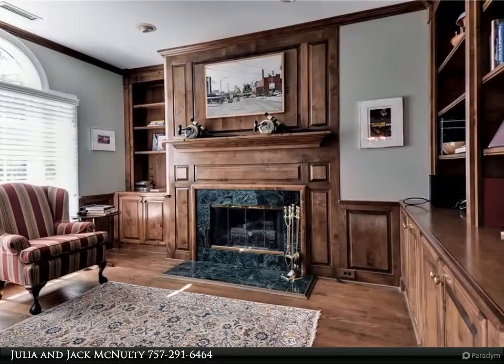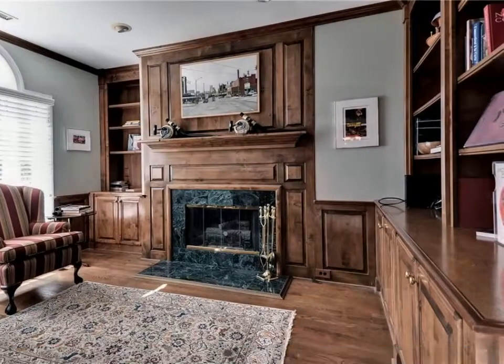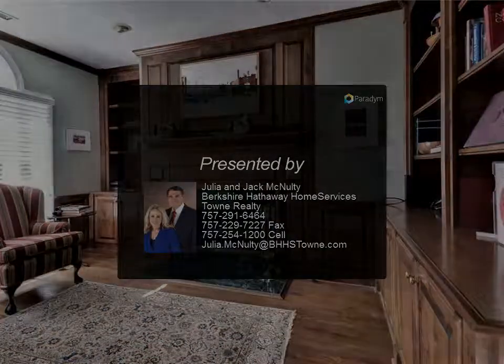The 1st floor offers an office with a 2nd fireplace, formal dining room and family room with a vaulted ceiling, gas fireplace and built-in cabinets. Enjoy movie night with a custom 3rd floor media room. The 3-car garage is